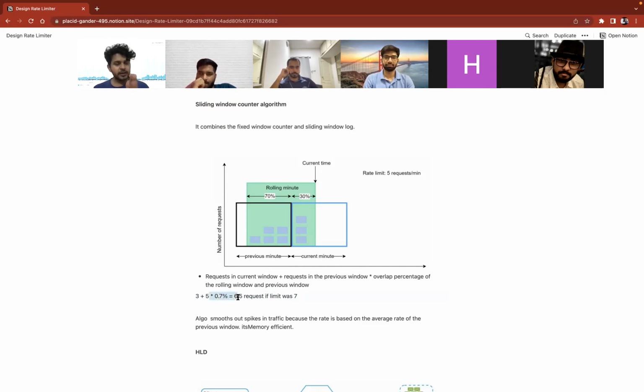कि जो एग्जिस्टिंग विंडो है वो तो पूरा कैलकुलेट होगा, जैसे 3 है 4 है 5 है 6 है, जितनी भी आ रही हैं, लेकिन पिछले विंडो से जितना भी परसेंटेज आपको बचा है, उससे मल्टीप्लाई करके निकाल लेते हैं कि एग्जिस्टिंग विंडो का थ्रेशोल्ड कितना है। जैसे इस केस में पिछले वाले विंडो का 70% बचा हुआ था, लेकिन उन 70 में 5 रिक्वेस्ट सर्व्ड थीं, ठीक, और नए विंडो में 3 रिक्वेस्ट आ चुकी हैं।